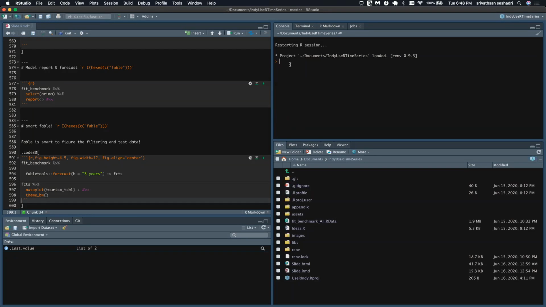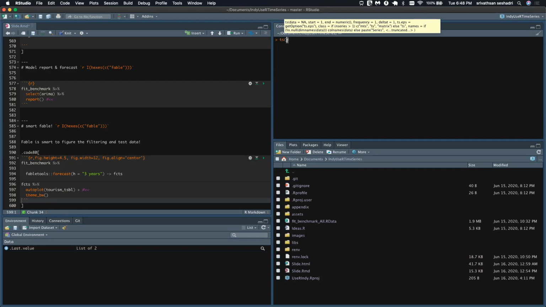Let's quickly talk about what time series is. A time series is nothing but a numeric vector that has timestamps attached to it. The base R function has an object called ts, right? It has facets.